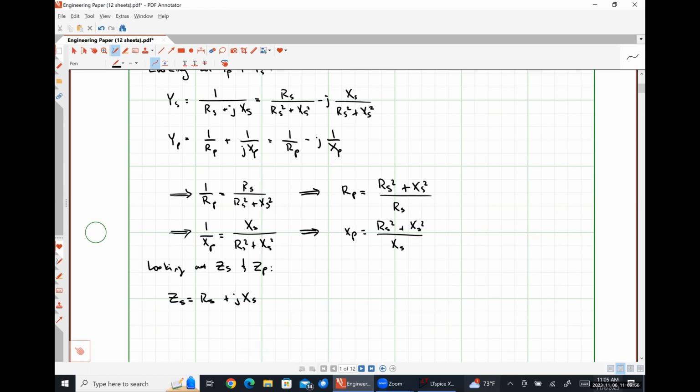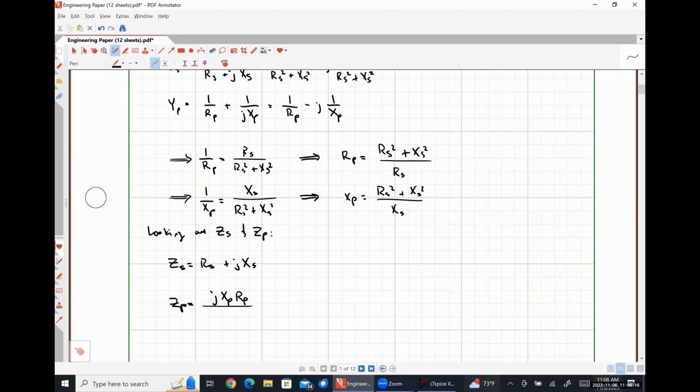We don't need to do anything to that whatsoever. The parallel connection, I'm going to multiply those two impedances together. So in my numerator, I'm going to have jX_P R_P. And then in my denominator, I'm going to add them. So that's going to look like R_P plus jX_P, multiplying by the complex conjugate of the denominator over the complex conjugate of the denominator,